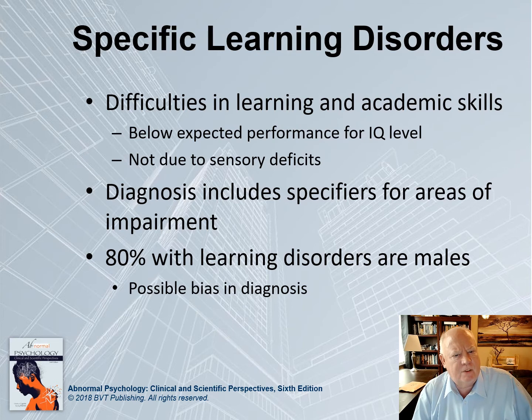Once again, I want to emphasize it has to be significantly below expectations. All of us have topics that we are better at than others. Some are good at math and poor at reading, or great at reading but not good in math. So it has to be dramatic before we call it a learning disorder. Typically, we specify the nature of the learning disorder. In most cases, it will be specific, such as a math problem.